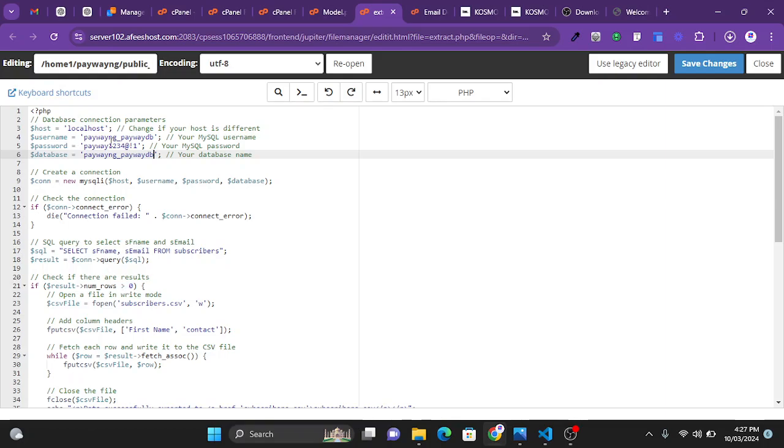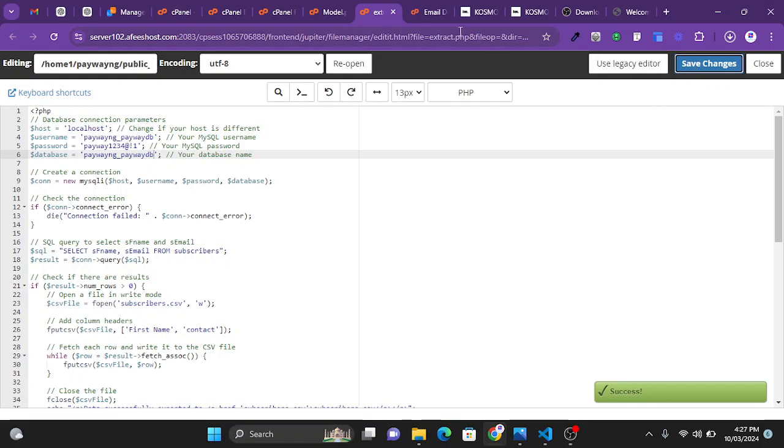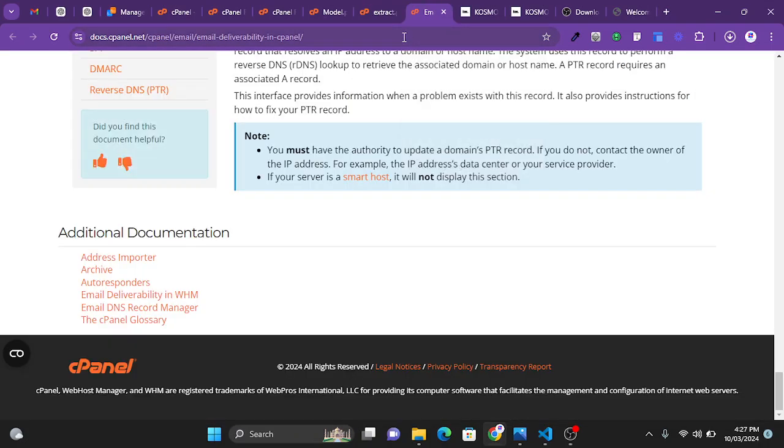So ensure this information that I've pasted is inside this quote, this apostrophe, this single quote. Ensure that is how you do it. Then I will go ahead and save changes. All right, so then